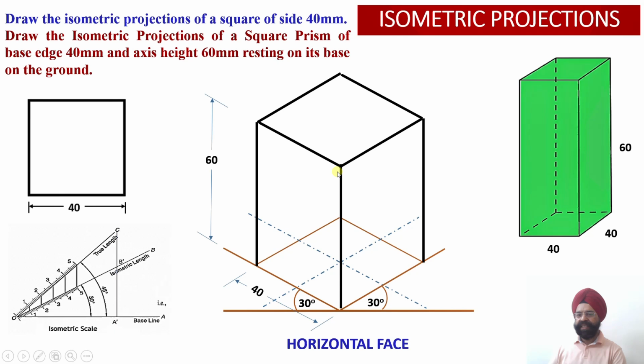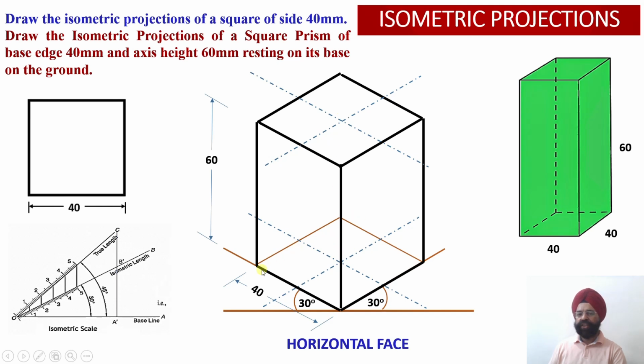The vertical edges are visible to us, so we have darkened them. Now these two edges of the base are not visible to the observer, so we are not going to darken them. But this edge and this edge, which correspond to these two edges of the base over here, right? These two edges, again we are going to darken, this one and this one, right? So after completing the construction of a square prism which is standing upright on the ground, resting on its square base,